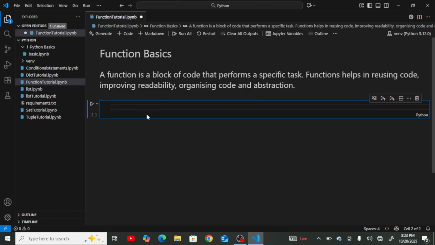So now, the first thing I'll show you is how to define a function. To define a function, which is creating a function, use the def keyword, and then the name of the function you want to create. For instance, let me say I want to check if a number is even or odd. So I can give my function the name even